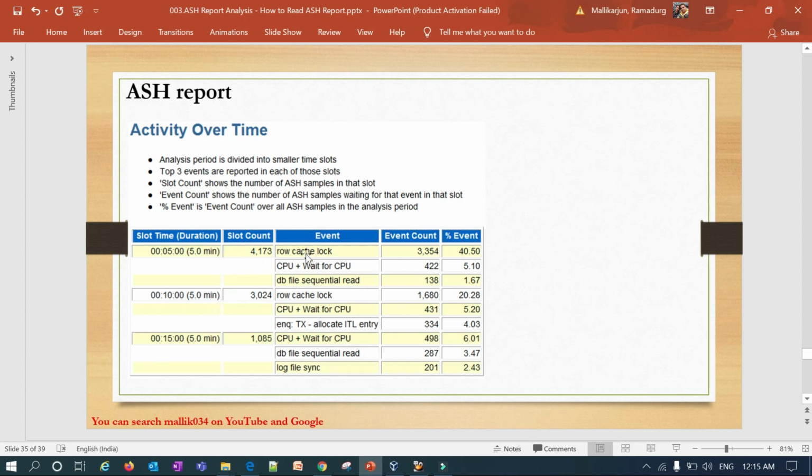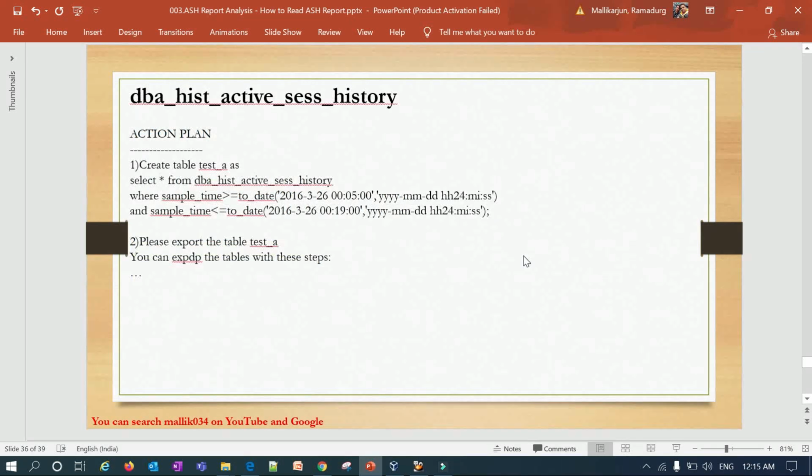So it is a huge difference, right? This event, row cache, has this many slot counts, and it took 5 minutes, and obviously it is going to be a huge difference, like 40% of the event. Then you have to look into why the row cache lock happened and which SQL was causing that. You have to predict that.